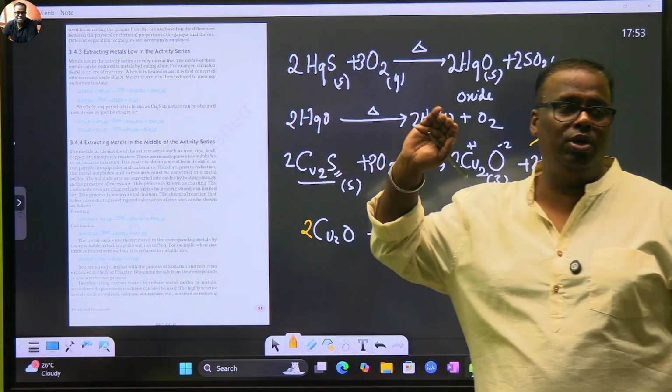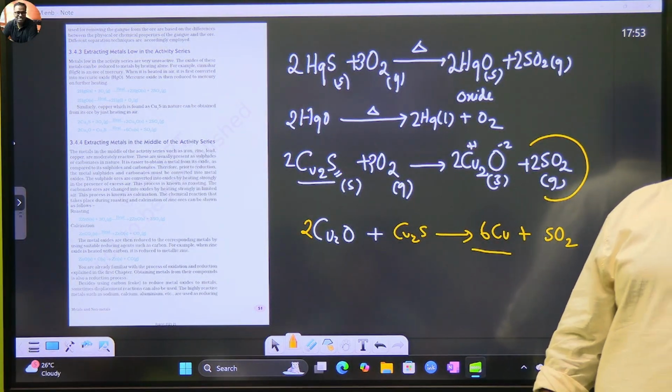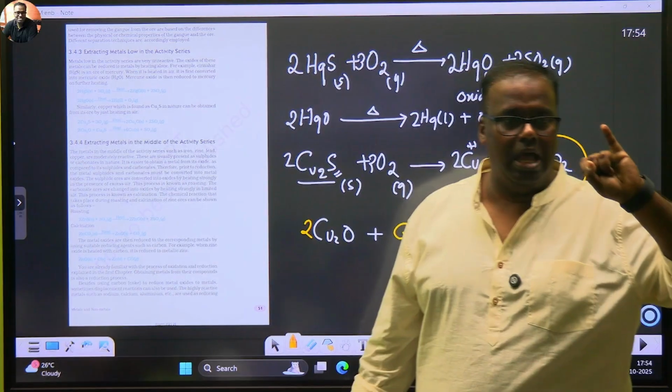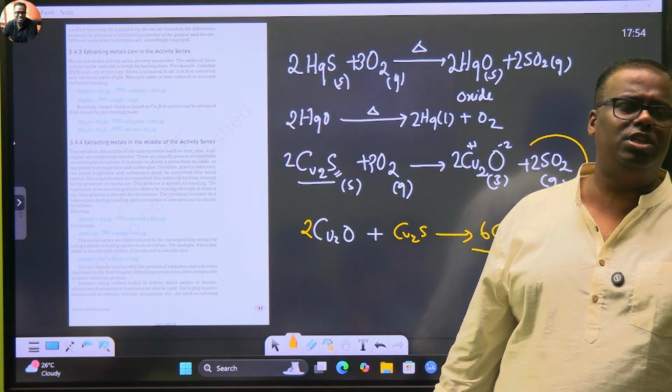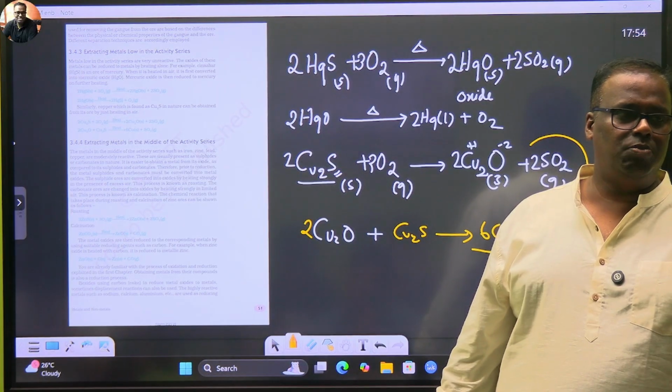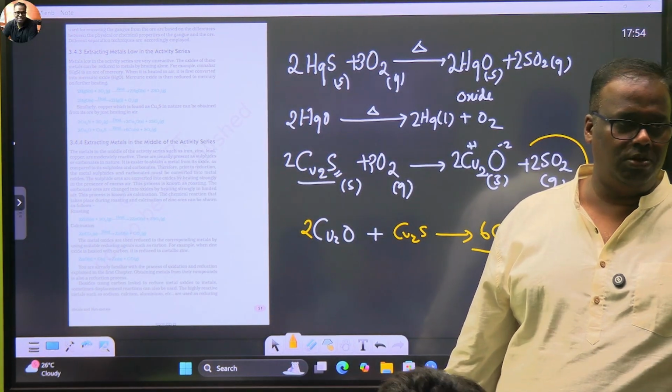If we are studying extraction of metals which are low in the reactivity series, what all qualifies in your syllabus? Tell me. Mercury and copper. Both will be in their sulfide form. Sulfide means roasting. Mercury, straight cut: roast it, get mercury oxide, heat mercury oxide, liquid mercury comes up.